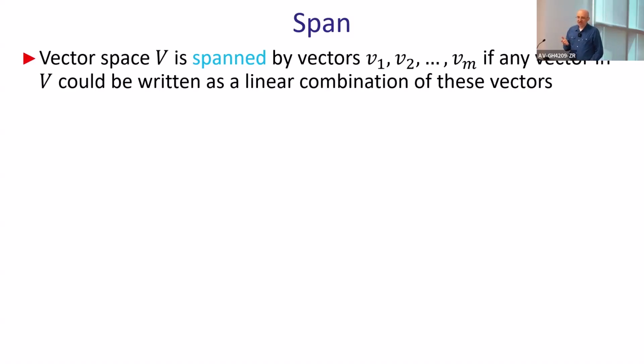If any vector in that space could be written as a linear combination of that type of vectors, okay? So you can take a linear combination of some given vectors. If you can represent any vector in a particular space using that linear combination, then this is called a spanning set of vectors, okay? And typically we will be looking for a minimal spanning set, because let's say if you're taking all